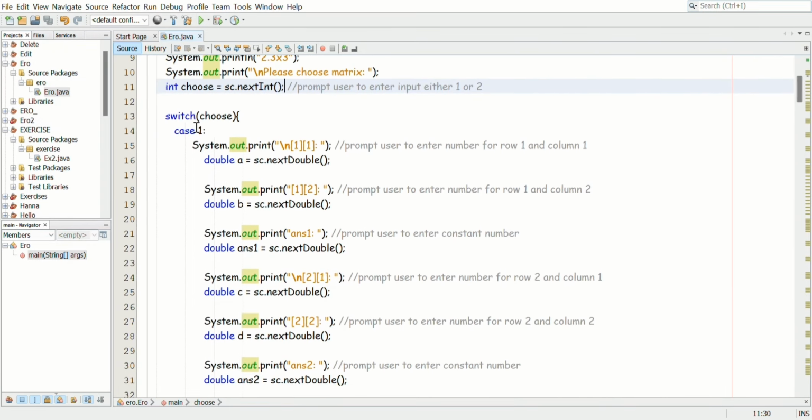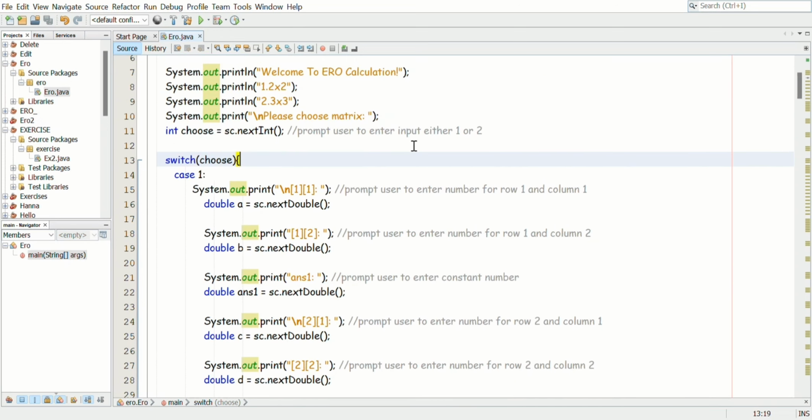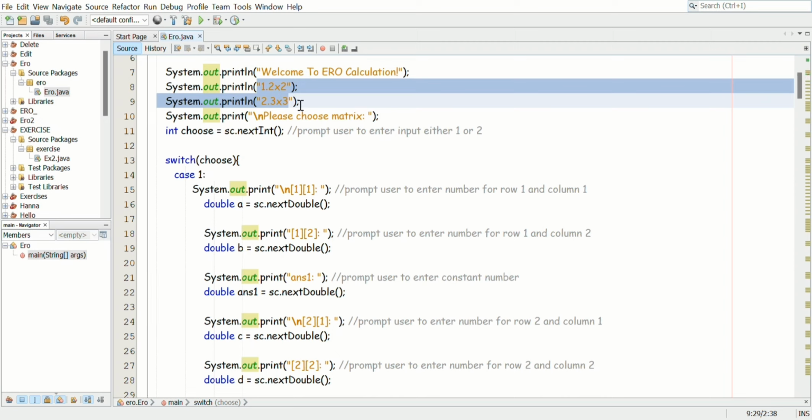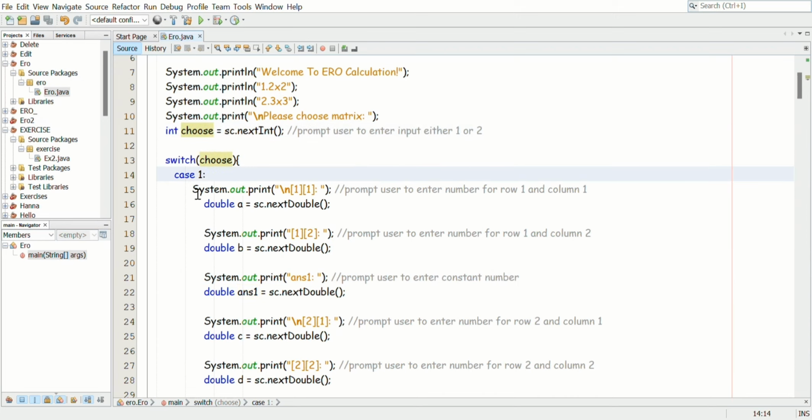We have a switch statement here so that we can make a choice between case 1 and case 2 for the user. Alright, so as I mentioned before, at this part for welcoming the user, we have two choices. That means we have two cases. The switch uses the variable choose because we put two cases, case 1 and case 2. That means it follows the choices 1 and 2. So